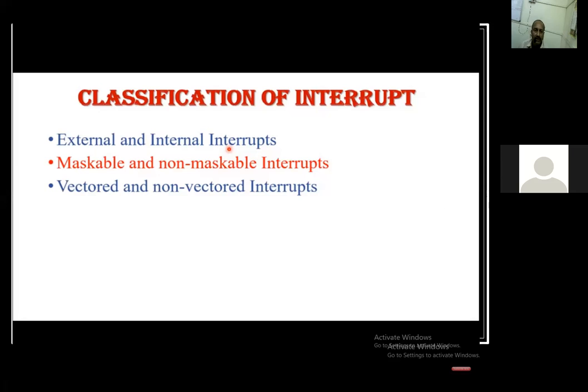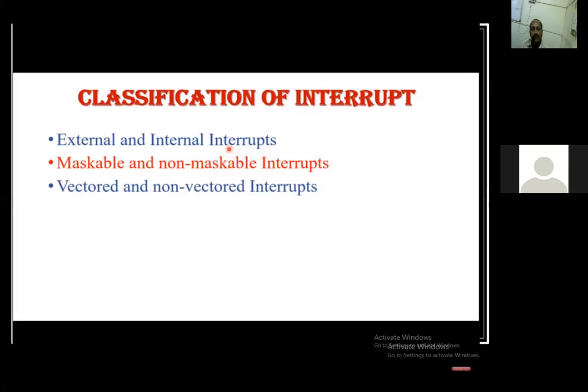Depending on various parameters, they have been classified in three ways. External and internal interrupts are different. Maskable and non-maskable interrupts are different. Vectored and non-vectored interrupts are also there. So they are classified in this way.